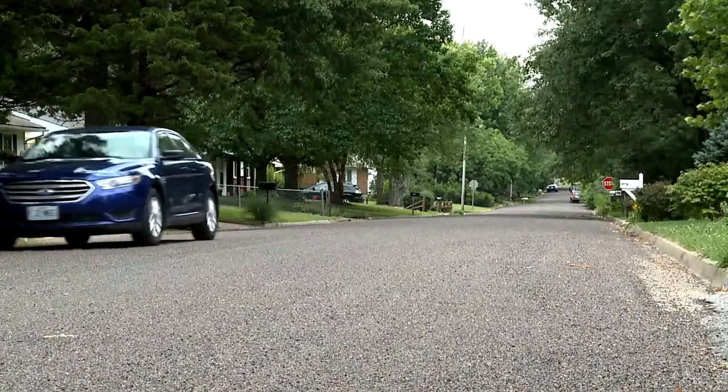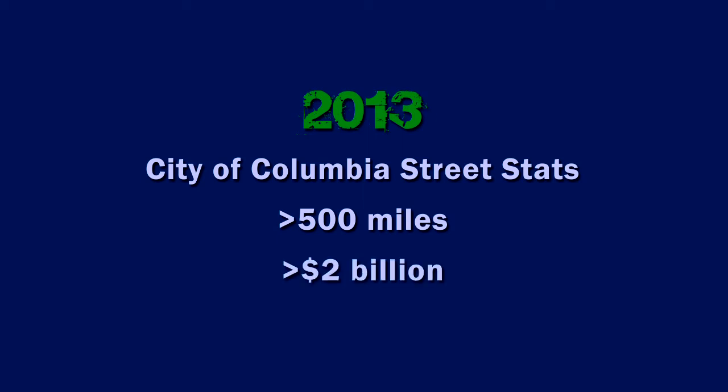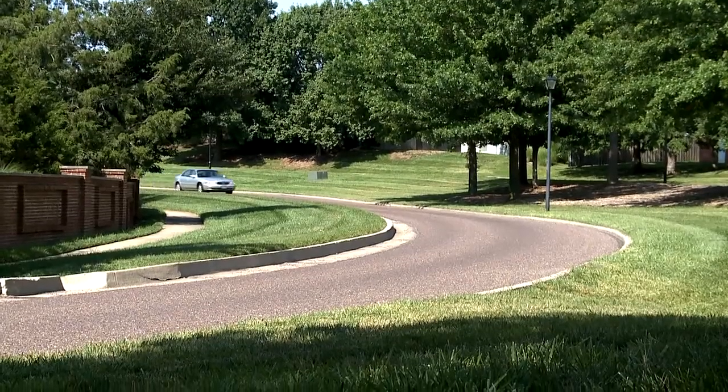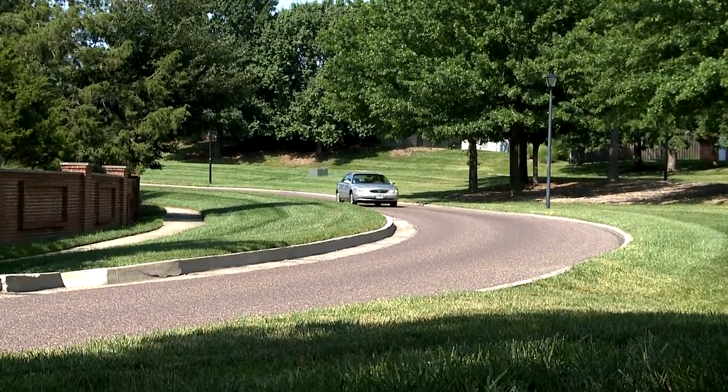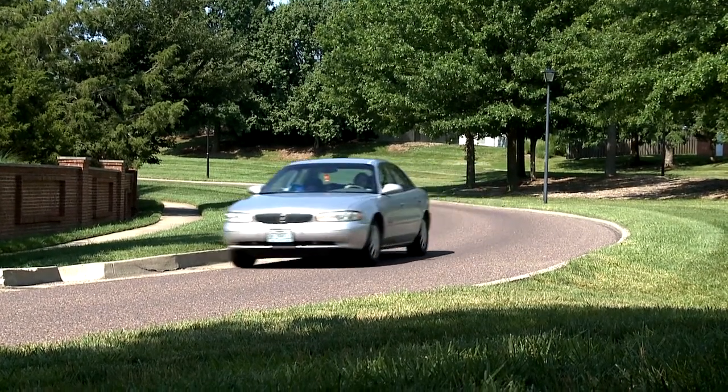Roadways are a huge investment. In 2013, we had about 515 miles of streets with a replacement value of a little over $2 billion. Preserving pavements that are still in pretty good condition is a lot more cost-effective than the worst first approach. We've determined that every dollar we spend on pavement preservation could save $5, $10, or even more on reconstruction costs